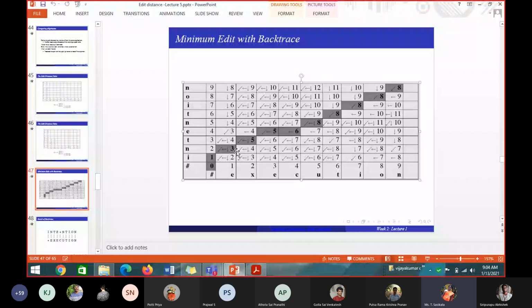Okay. Now we have arrived at this. This 3, how did you get it? E and N, T, 3. From the diagonal, ma'am. That is 1 plus 0 or 1 plus 2? 1 plus 2, ma'am, 3. So this 3 I got from 1. From 1, I am pointing directly to 0. From here I have to start. This is how I have backtracked it.